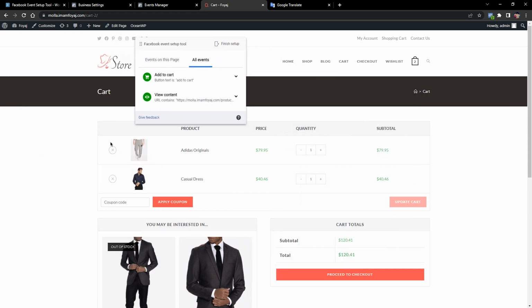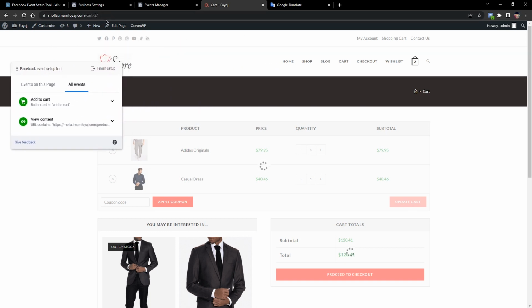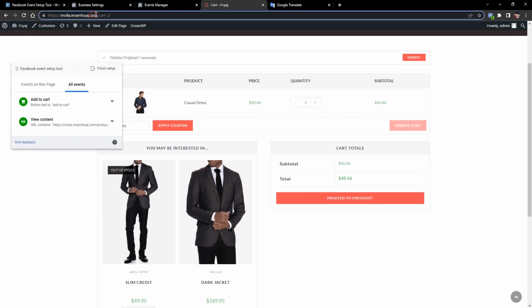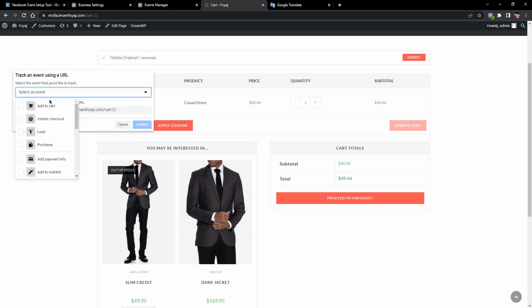I want to remove one product, and I want to track the cart page. This is my cart page. Okay, the cart page URL, and I want to track this cart page. Track URL, select event, and